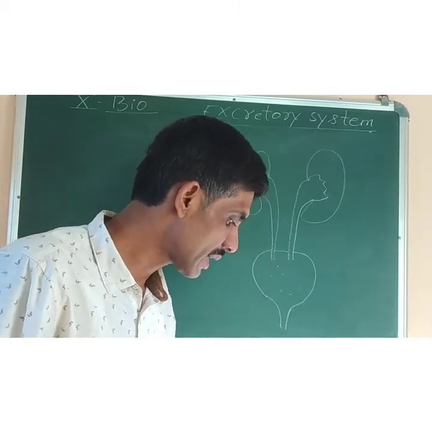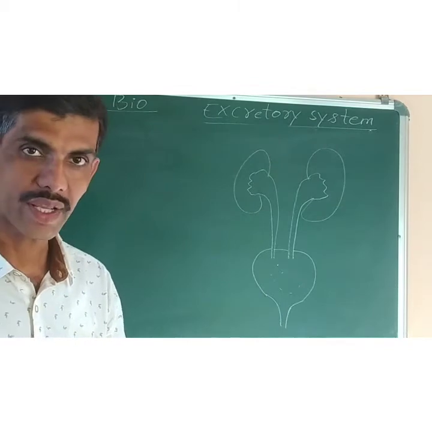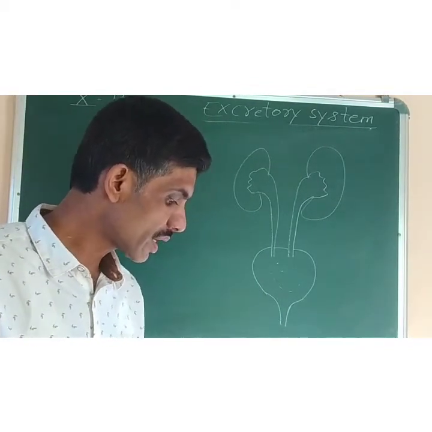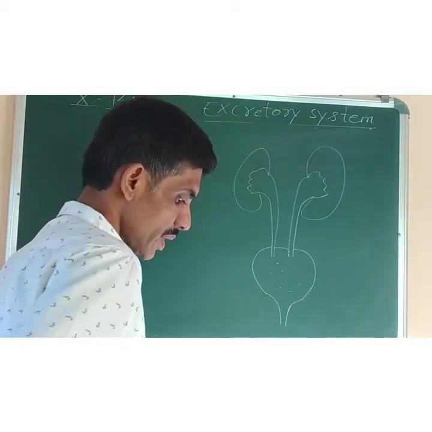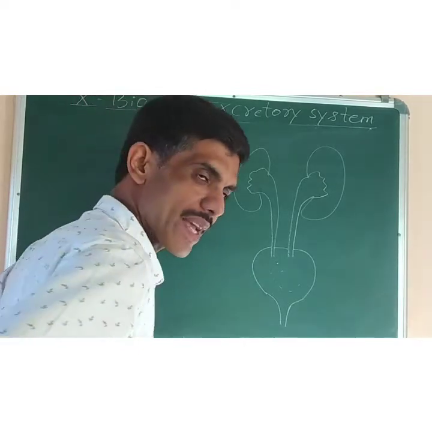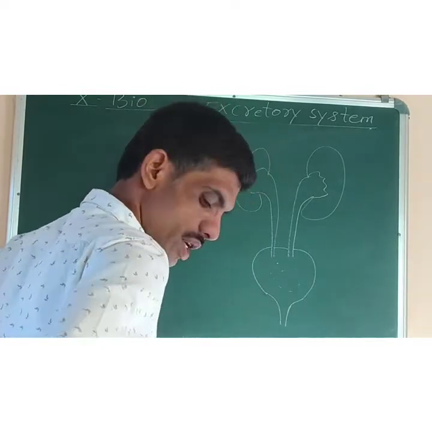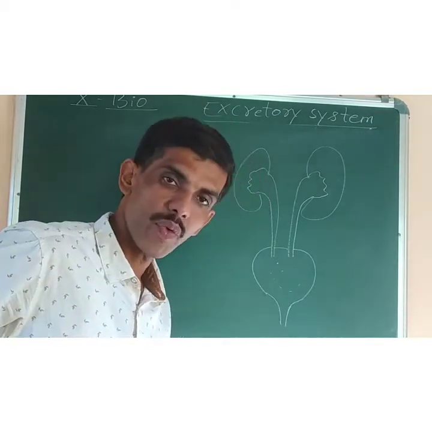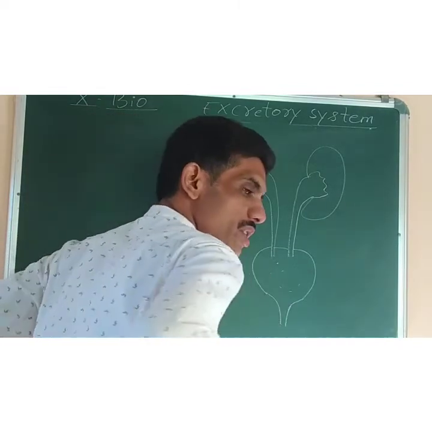Now today we will start with kidneys. Kidneys are reddish brown in color. They are bean-shaped organs. They are the main organs of the excretory system, and both the kidneys are situated at the back of the abdominal cavity. Abdominal cavity is this one, the stomach region. Just at the back side, if you put your hands on the waist, just above your thumbs, on your hips, your kidneys are just above where your thumbs are present. So here is the location of the kidney.